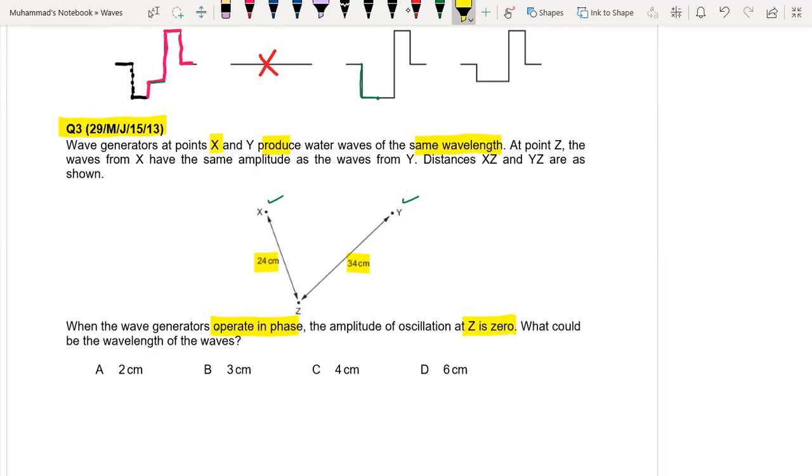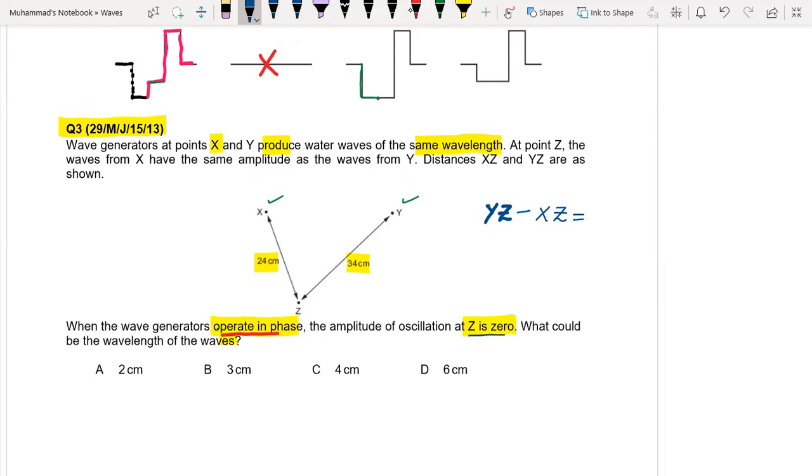We have to find the wavelength. So you know that if the sources are operating in phase and the amplitude of oscillation at this point is 0, this means that they are interfering destructively. The condition for destructive interference is on the path difference. Path difference is the difference between these two paths, that is YZ minus XZ. Okay, YZ minus XZ, this is the path difference, and